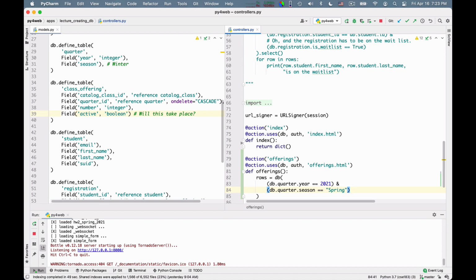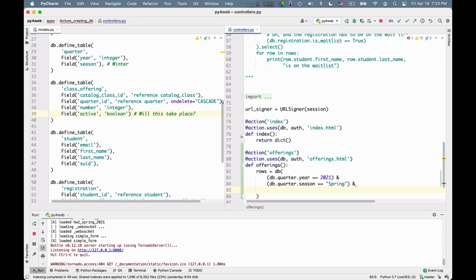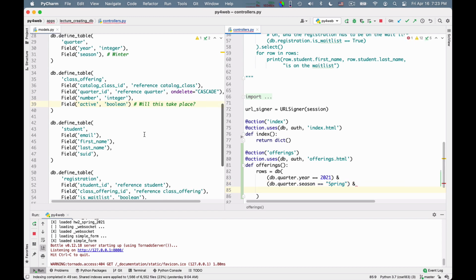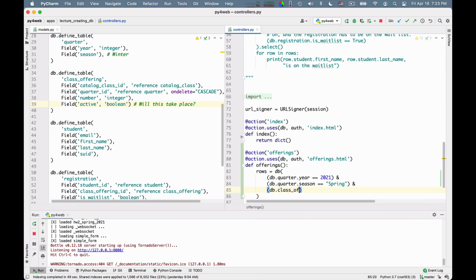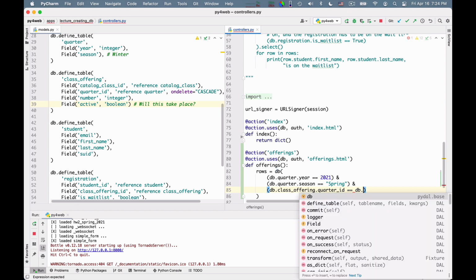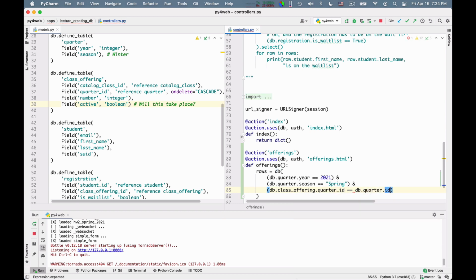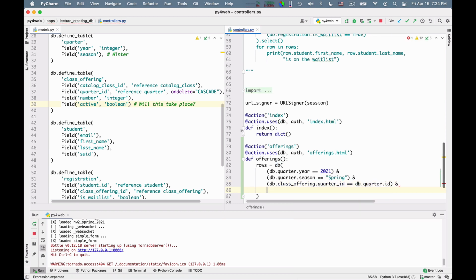Okay, so this selects a particular quarter, and now I want all the offerings for this particular quarter, and so I want to say db.class_offering.quarter_id is equal to db.quarter.id. Okay, so this encodes that arrow.